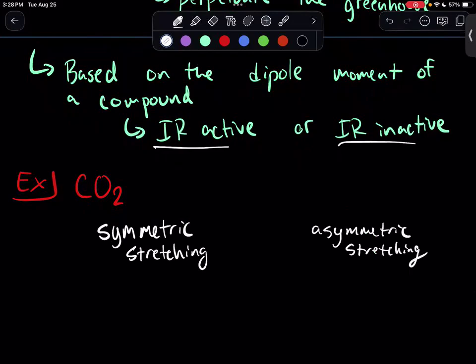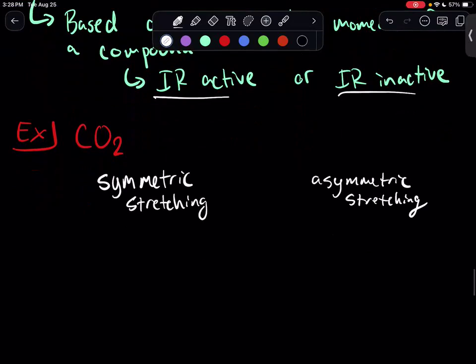And the question is, which of these modes is going to be the IR active mode? Well, most of you know just from a diagram that carbon dioxide is not a polar molecule. The dipole moments between the oxygens cancel out. However, when interacting with infrared,